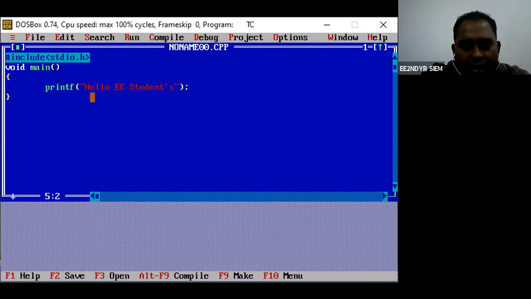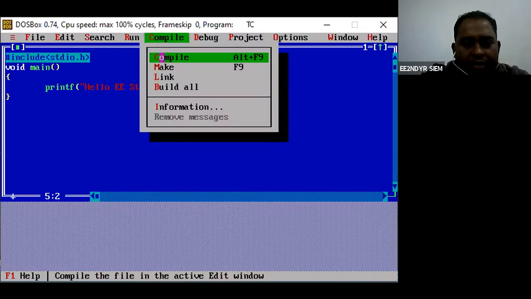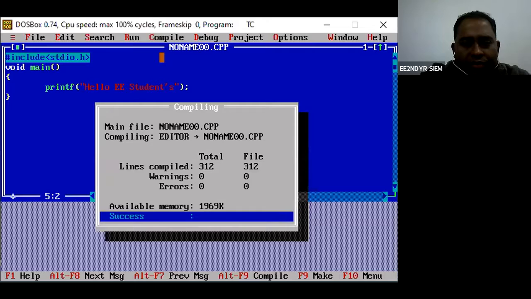So I have written this program, and now I'll just compile it. You just see this screen. It has been compiled. The file name is written out here; .cpp means it's a C++ program, but it doesn't mean that if the extension is .cpp you can't write C programming here, it won't give you any error.